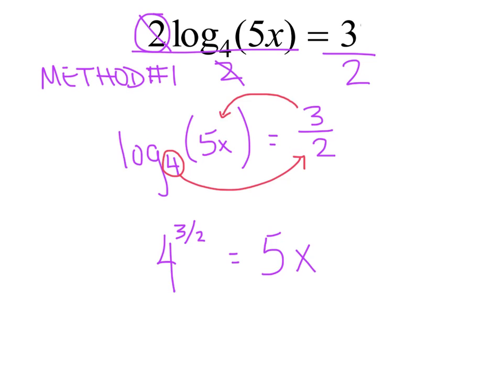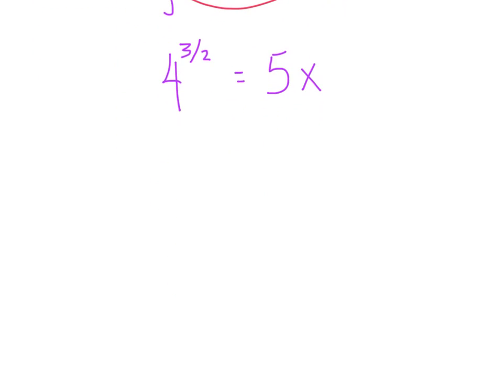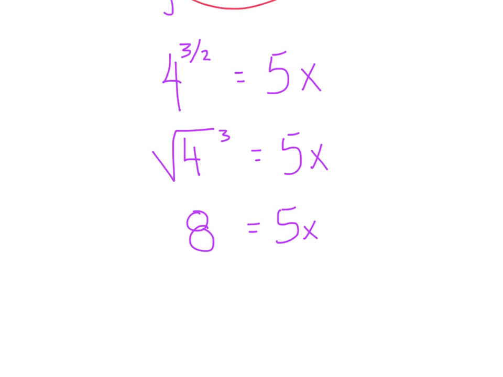And I'm going to use the groundhog rule to evaluate 4 to the 3/2 power. That is the square root of 4 to the 3rd. Let's see, square root of 4 is 2. 2 to the 3rd is going to be an 8. Of course, we could always revert back to the calculator for that one. Now I'm going to just divide both sides by 5, and my final answer is going to be 8/5, which